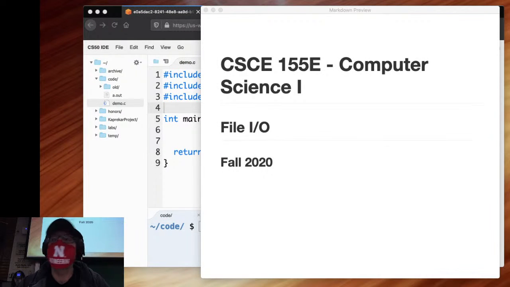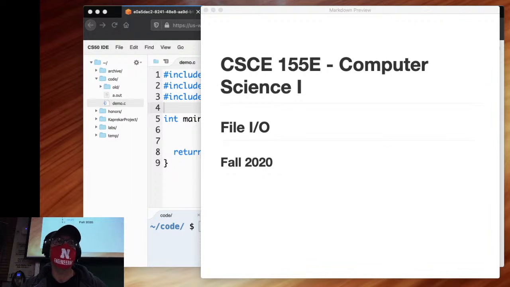Today we're going to start on our next module, Module 10, which is simply file I/O. This will be a rather short one, simply because a lot of the stuff that we're going to cover, you already know about. You know about standard input, you know about standard output, printing to the standard output, you know about standard input a little bit. We just have to do it a little bit differently because the standard input and the standard